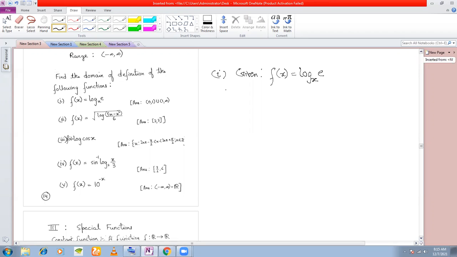If you see here, x is the base, right? And what did I tell you about the base? That the base cannot be equal to 0, and the base has to be positive, that is, greater than 0. And what else? The base cannot be equal to 1, right? So that is what the acceptable values of x are: it has to be positive and cannot be equal to 1. Therefore, what should be the domain of f?